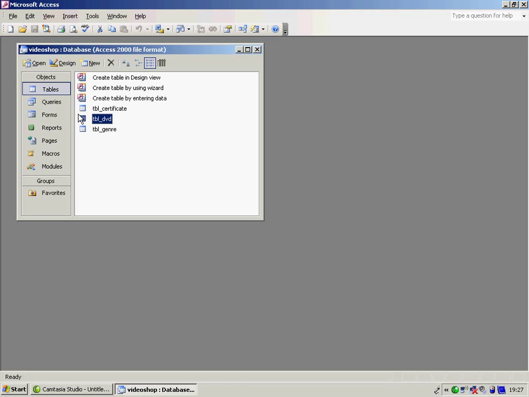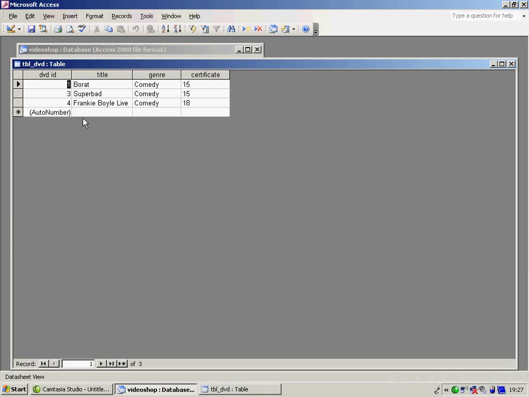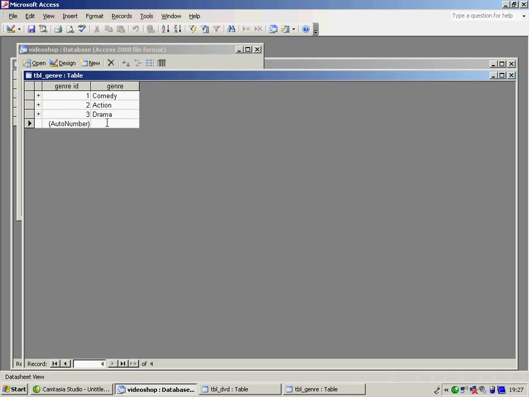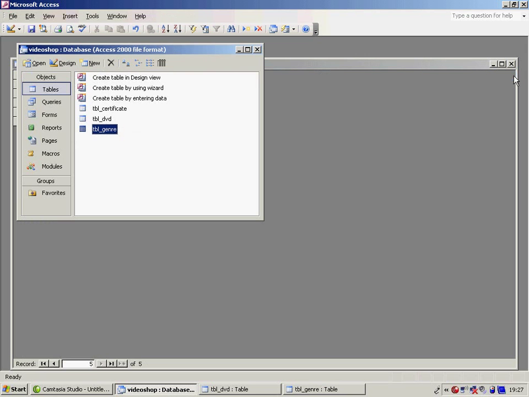Let's go to TBL DVD. We've seen in the video that we have the idea that we've got a film called The Magic Roundabout. And we're going to put a genre, but I'm not really sure it's any of those. Again, what we can do here, little nice touch, is say, oh, actually it's a children's film, so it's none of those. I'm just going to click away just for a second. Let's come back into here, go into my TBL genre, and I'll put children's, and we'll close that down,